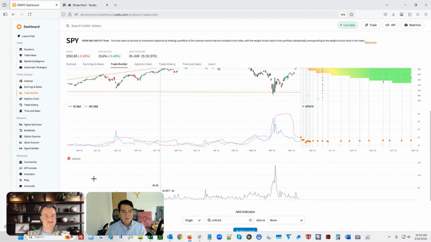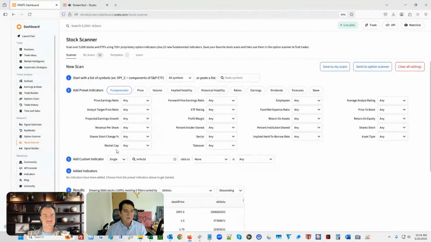Got it. So I think this is a good time to go, okay, well, if we go to the stock scanner, we could find stocks that either are overvalued or undervalued based on forecasts. And then we could go to the option scanner and find options that are under or overvalued based on S percentage, and we'll introduce a different percentage that we only put in the option scanner because it's a very computationally intensive calculation called D percentage, or distribution. We'll show later.